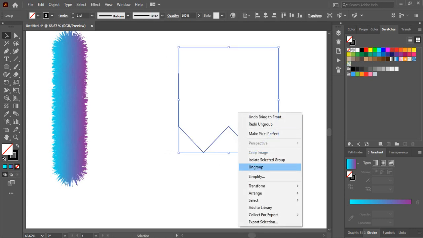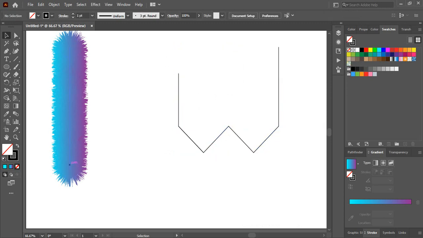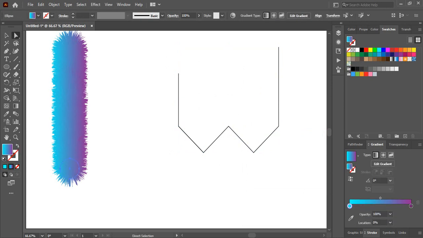Select the option, ungroup this, then release the compound path. Okay, then I am going to do some extra steps for it to become a little pretty, like change the angles like 30 or 45. That's your personal options, and make it -30. Oh, sorry, 90, 60 should be better. Okay,